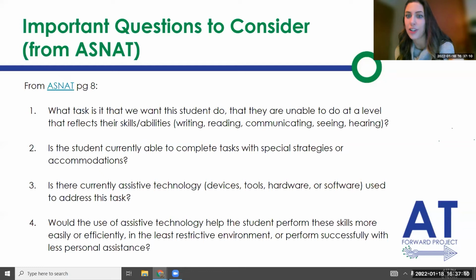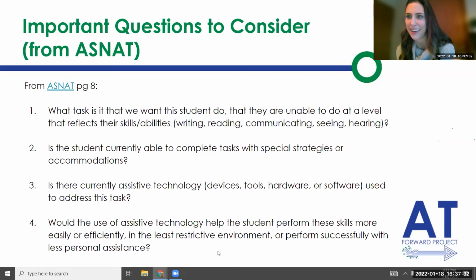Three is about whether there is currently AT used to address this task. If there is, and we'll get to this a little later, that absolutely needs to be in the IEP, if it's already being used and needed. And four is, would the use of AT help the student perform these skills more easily or efficiently in the least restrictive environment?